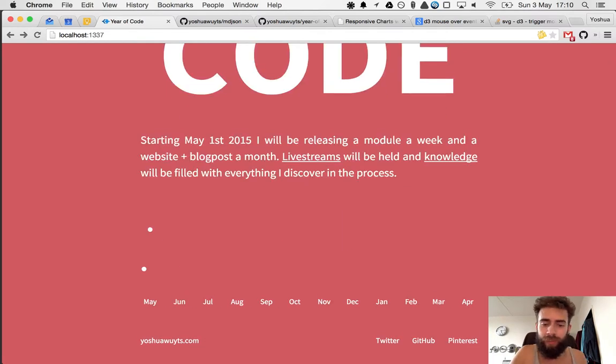And all it's lacking right now is making this chart pretty, making it a bit more interesting. Right now you can't see what these points are, and you definitely do want to see that. So